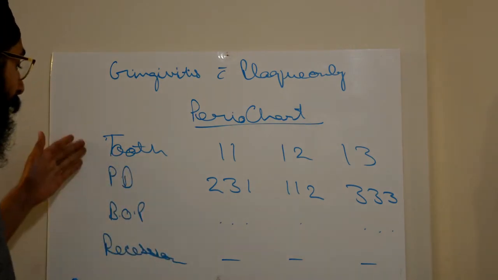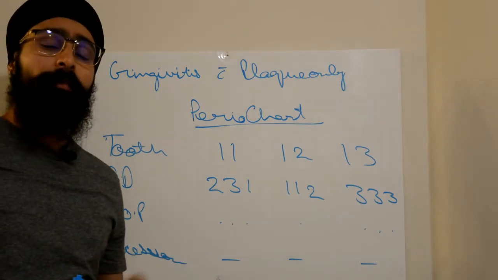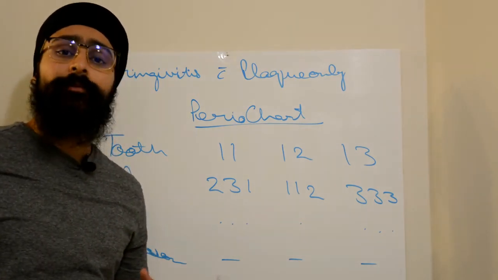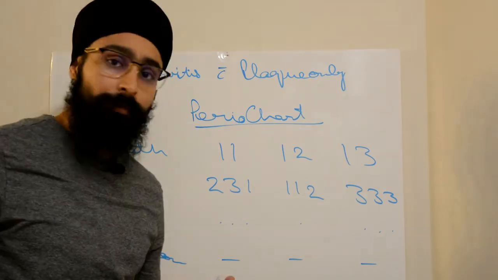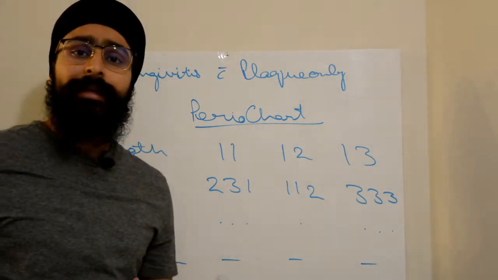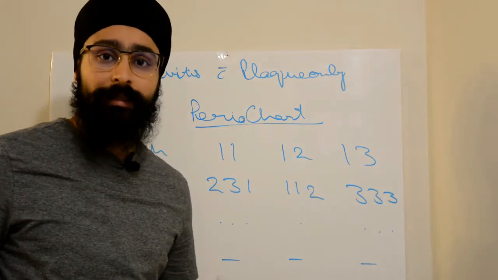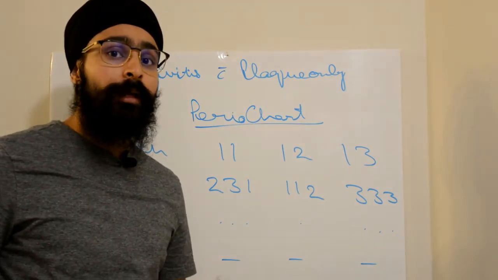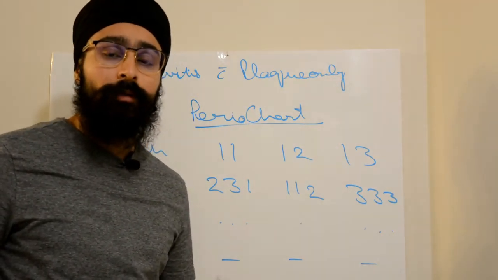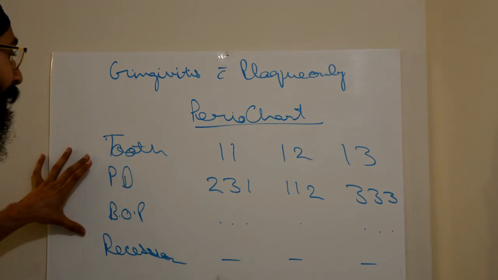In exam, if you are given a chart like this and in the additional information nothing is given, or maybe in the chief complaint, patient was telling that I feel some irritation in my gums, or whenever I brush my teeth, it bleeds. Or patient may even say that I feel foul smell from my mouth. That's it, but there is no pain, nothing like that. There is no ulceration of the gingiva. Or patient may say that my gums appear slightly swollen, or they may appear red in color. And you are given a perio chart like this.